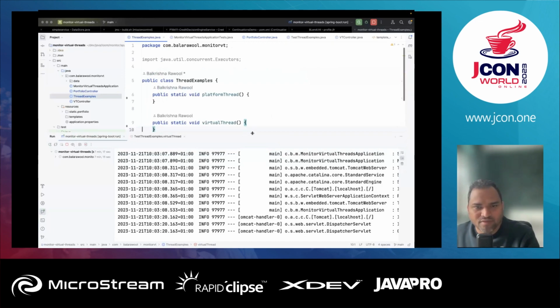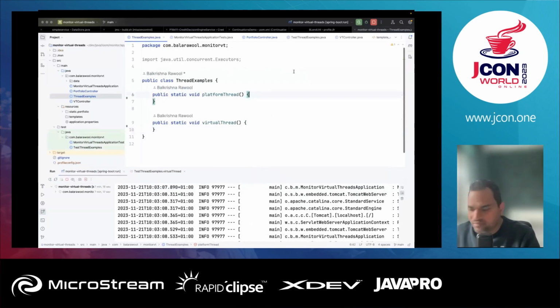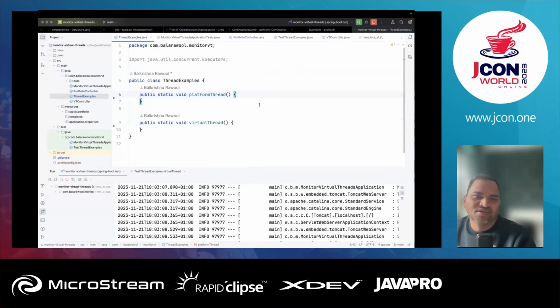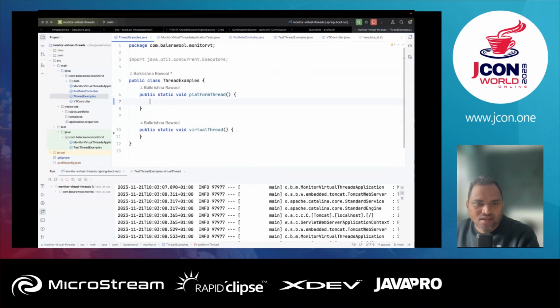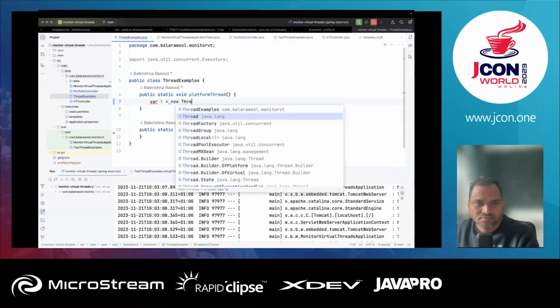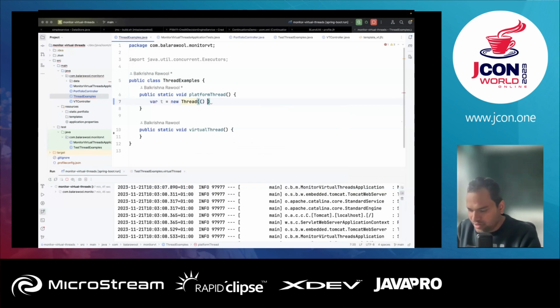I hope the font is big enough and you are able to read the code easily. Okay, I have increased the font size, so it should be easily readable. Let me create a new platform thread, and the way to do that is new Thread, and then I can pass a runnable to it. And in this case, I'm just going to pass